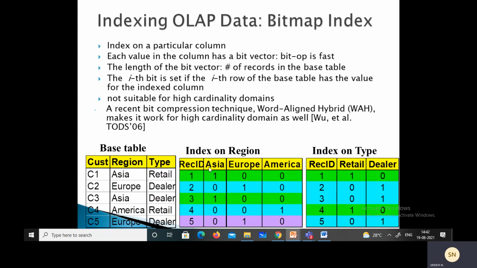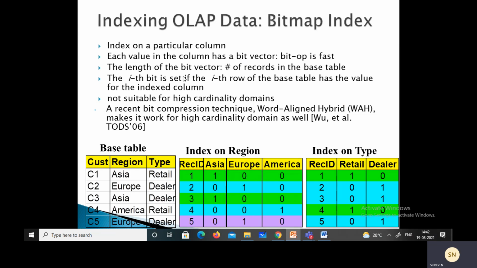If we see the region Asia, in this row it is set to 1, and Europe and America are 0. If either of them is set, the other two will be 0. In this row, Europe will be set to 1. Again Asia, then America, and then Europe.